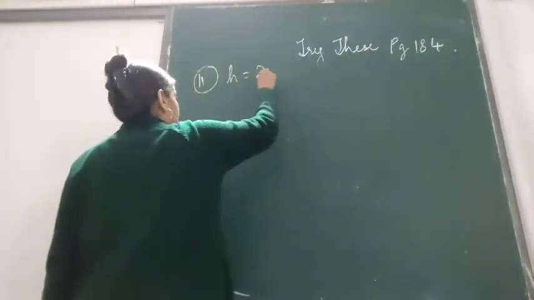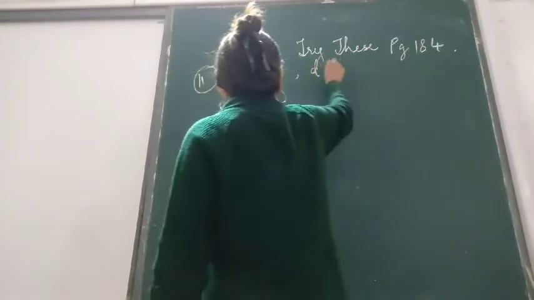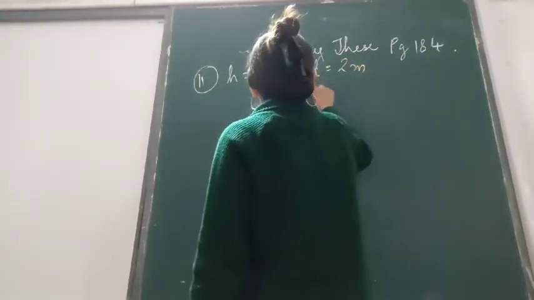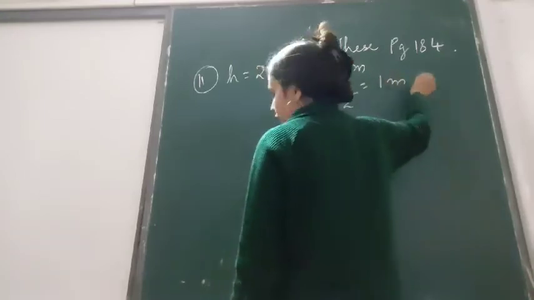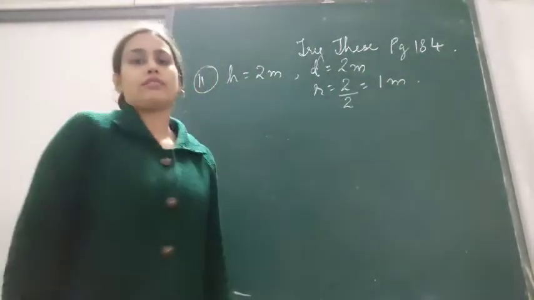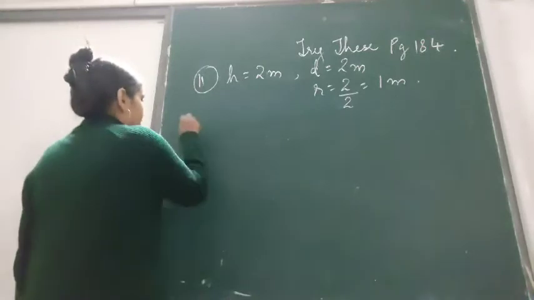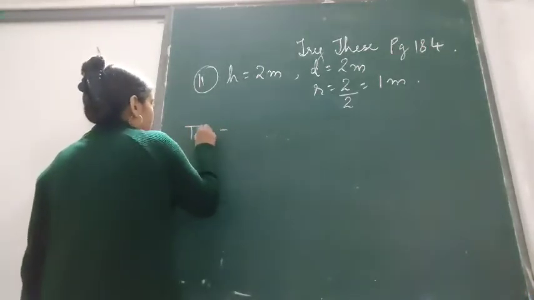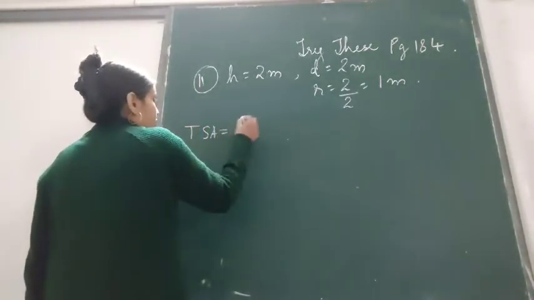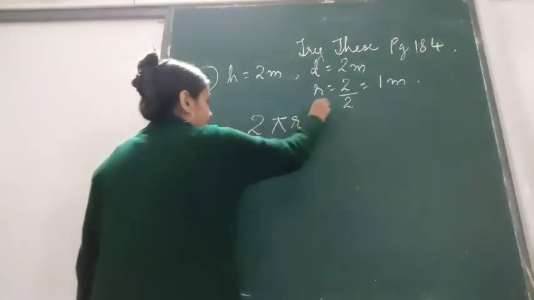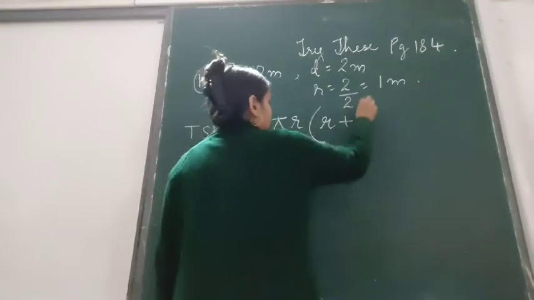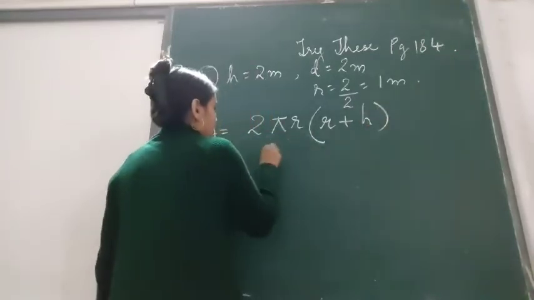Height is 2 meters, diameter is 2 meters, so radius will be d by 2, that is 1 meter. Okay, so here we have to find the total surface area once again. So total surface area of a cylinder is equal to, we studied just now, 2 pi r into r plus h, that is 2